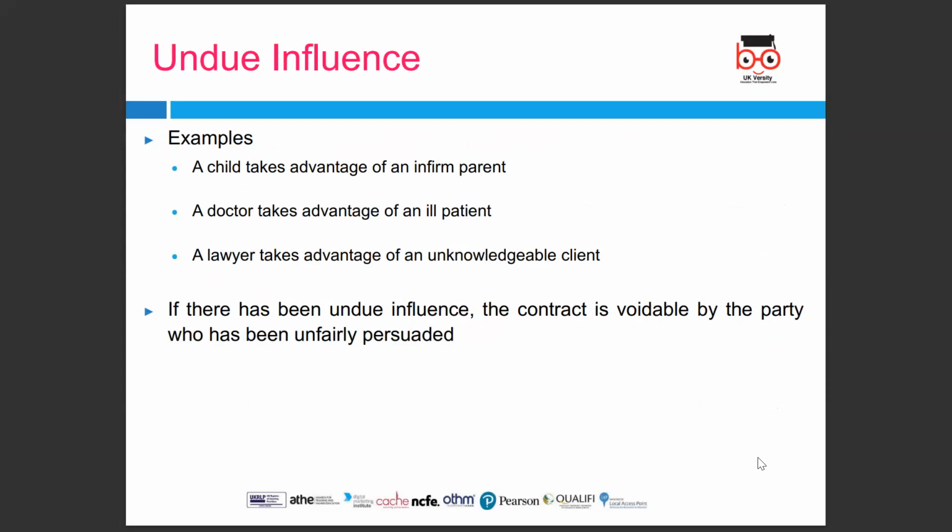The types of undue influence: Lord Browne-Wilkinson identified two distinct classes of undue influence in the case of Barclays Bank PLC v O'Brien 1994. Firstly, actual undue influence, and secondly, presumed undue influence, which can be categorized as protected relationships, so predetermined presumptions as to the relationships which will give rise to a presumed influence, or other cases, relationships in which influence can be presumed but is not automatically done.